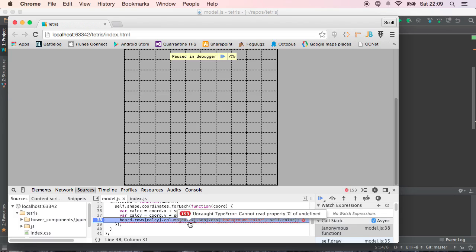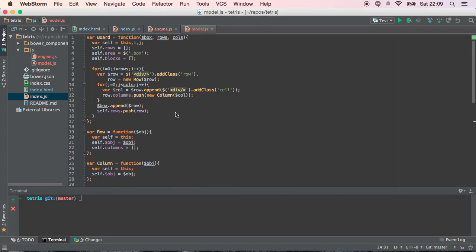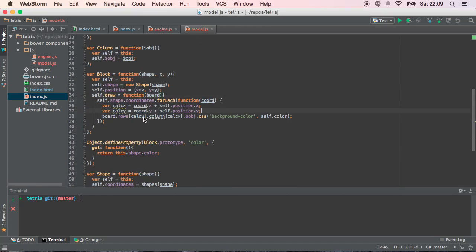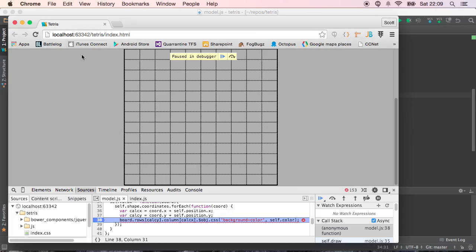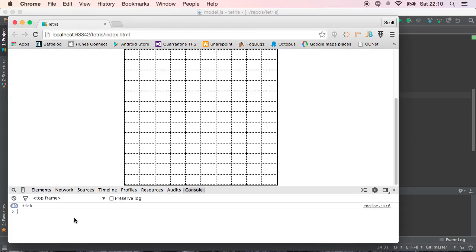Column instead of columns with an S. Okay, so that took a little bit of time, but as you can see, using your debug tools is an amazing way to find all these issues. And if I'd paid more attention to my IDE, I would have seen that's not purple, and that was a problem. So let's refresh. Alright, so we will take that off, engine's back to running, and we're going to do